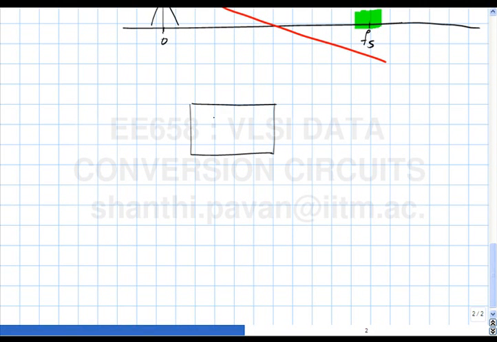Let's say this is a digital filter, right? So it's some impulse response h of n. So if I put in a discrete time impulse, I will get some response like this. Okay. Now, I won't be able to tell the difference between a discrete time system and a continuous time system